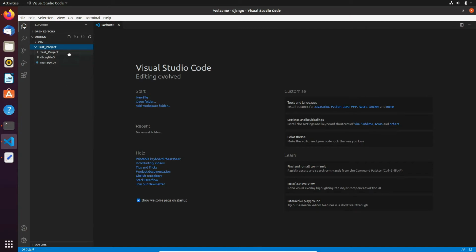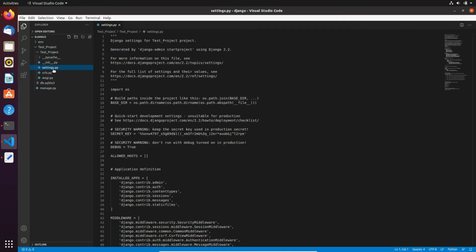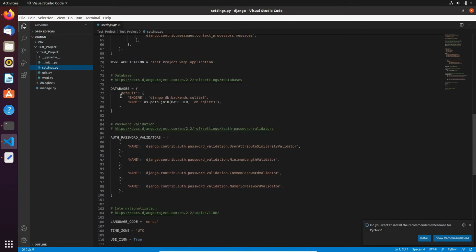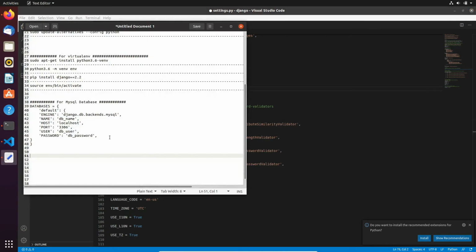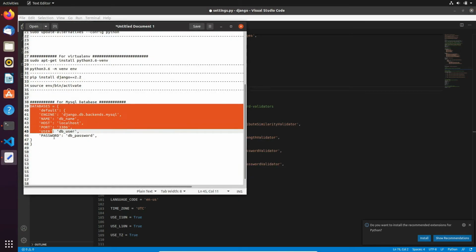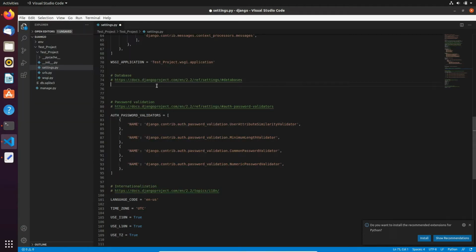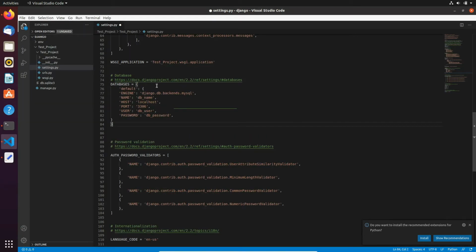Let me go to the settings.py here. And now you need to change this database. Just remove this and paste it from here. I'll give this in the description also.